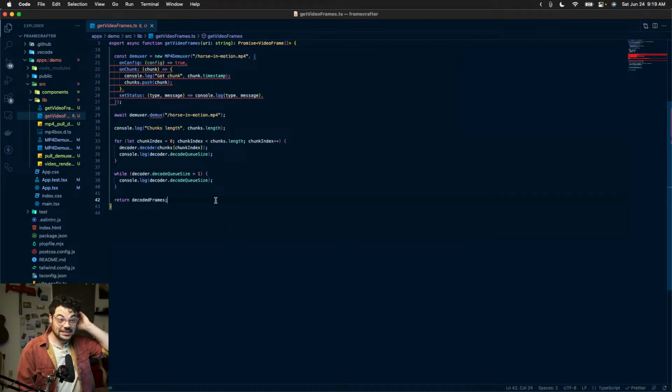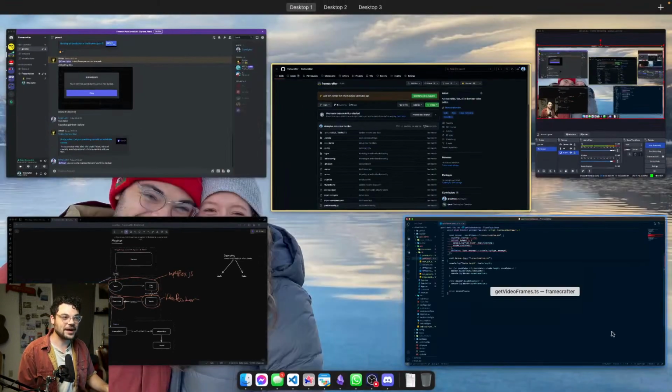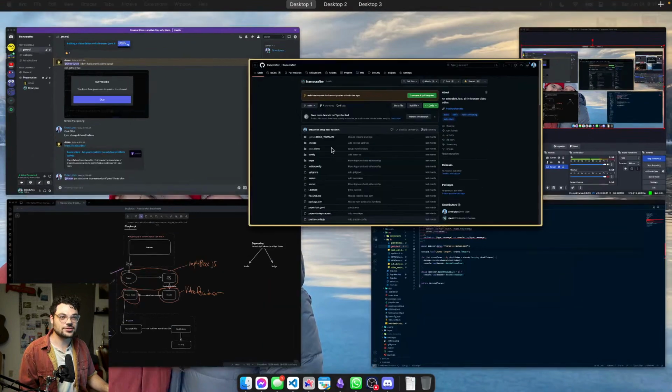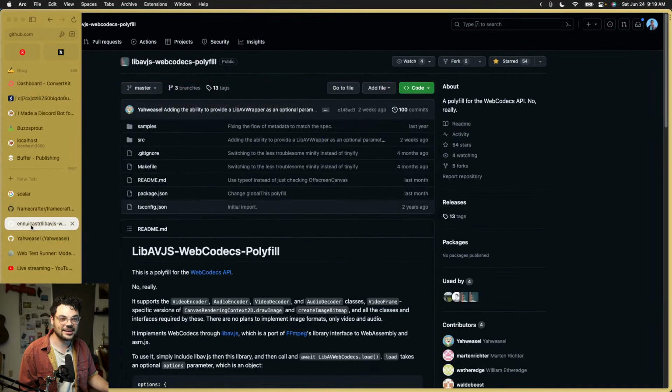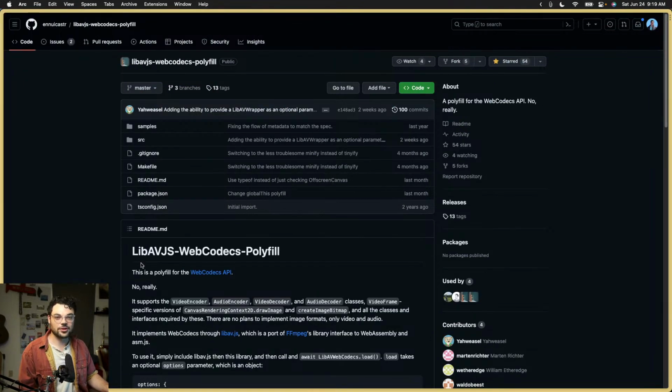But it turns out demuxing and decoding and doing all these things is very hard. Also because a lot of these APIs are synchronous and not asynchronous. So there's not an idea that you can just await the next frame. There's this whole idea of push demuxers and pull demuxers that I still don't really understand. But in that process, I got introduced to a ton of helpful libraries that people are using instead of things like FFmpeg or whatever to do really efficient demuxing